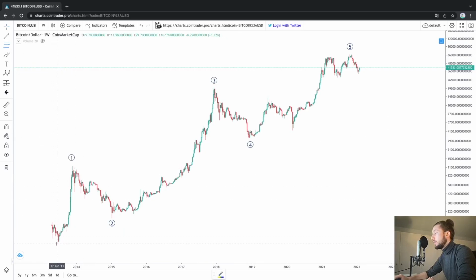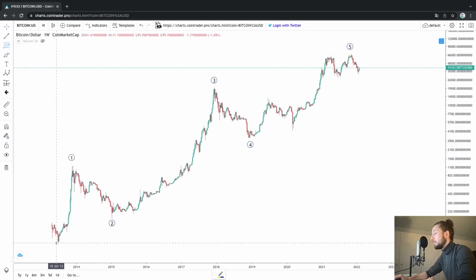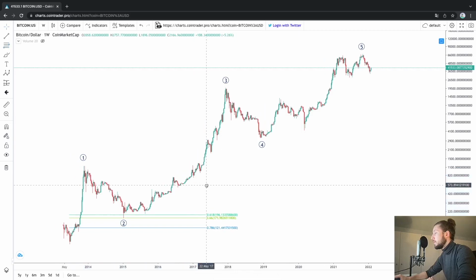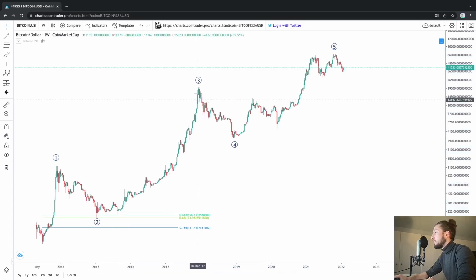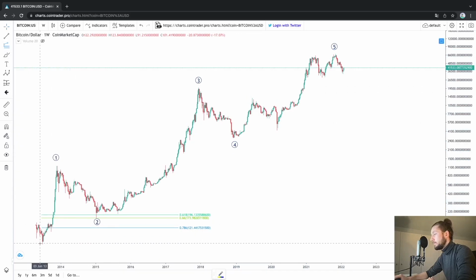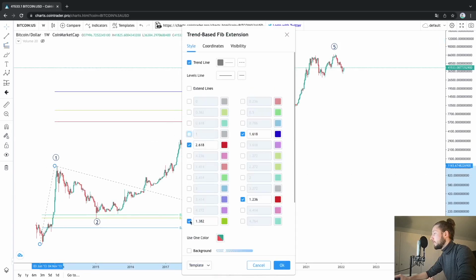If we take the normal Fib retracement from the bottom to the top, we can see that it actually reached that 0.66 Fib, the golden ratio, for that second wave. Then to measure that third wave, we take our trend-based Fib extension from the bottom of wave 1 towards the top of wave 1 towards the bottom of wave 2. And as well here we had